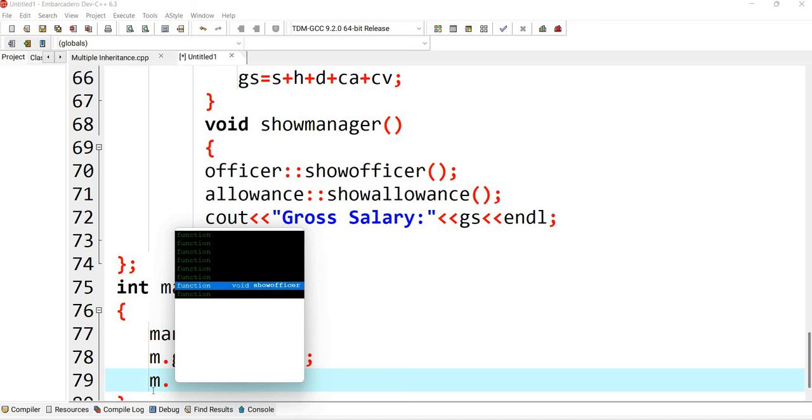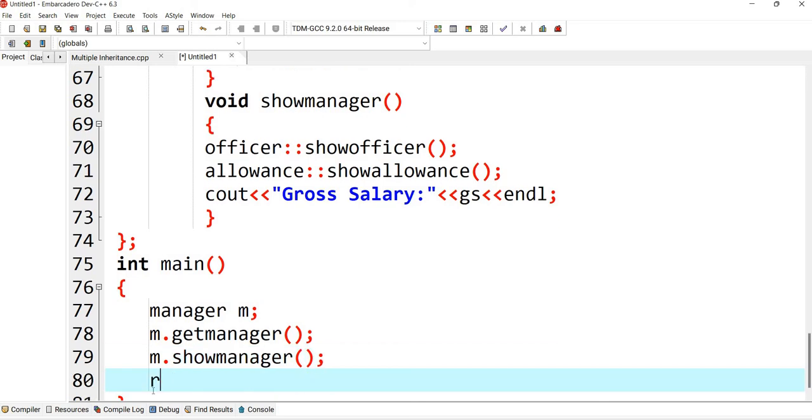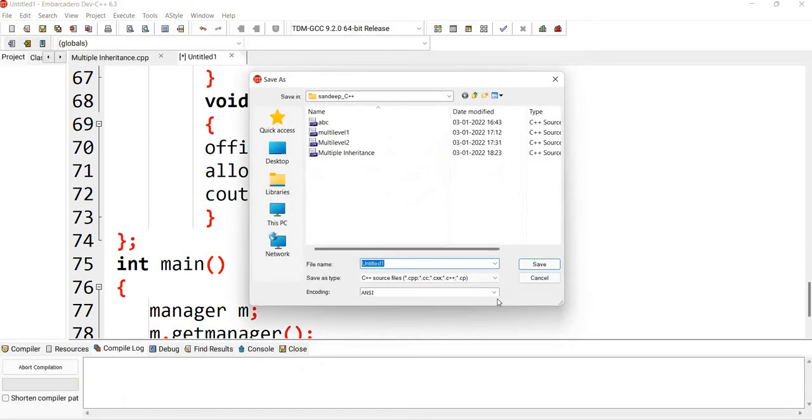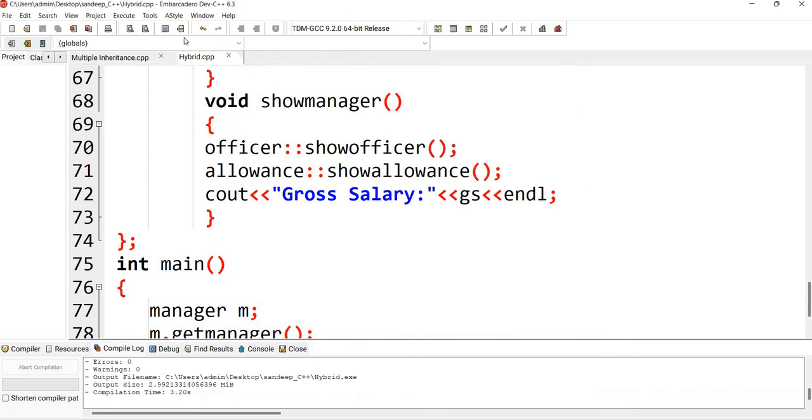You can see here show manager function. Okay, and then return 0. We'll compile this program. Now you can run this program.